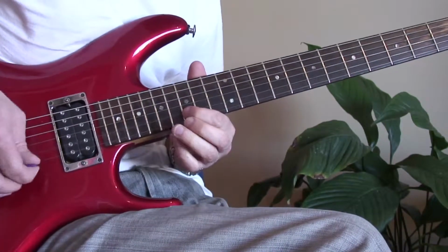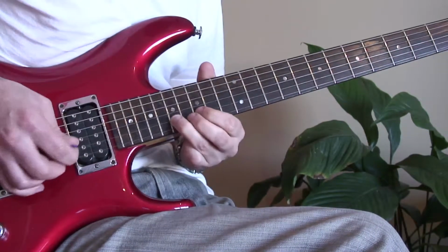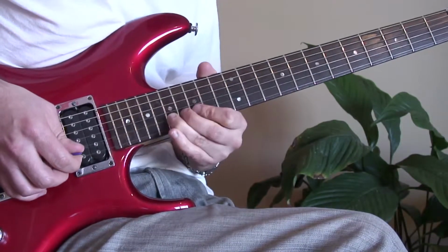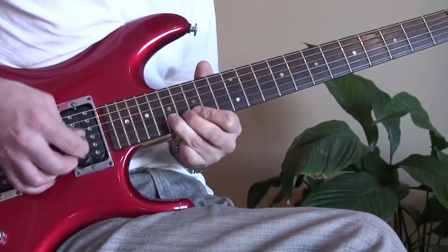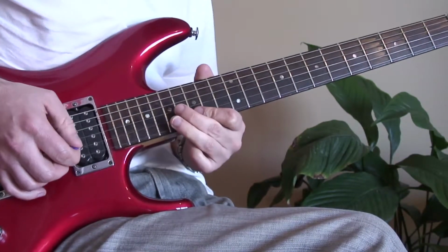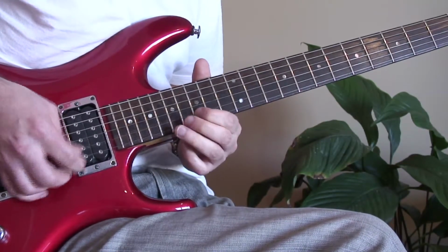And then here's the last lick. So that's a cool one. 15 on the B, up to 17. Bend 17 up, once, twice. Let it down, pull off to 15. 17 on the B again. And then 15 up to 17, bend up 17 a whole step, let down to 17, pull off to 15, and finally come to a stop on 16 there on the G. So if I go from that last bit,